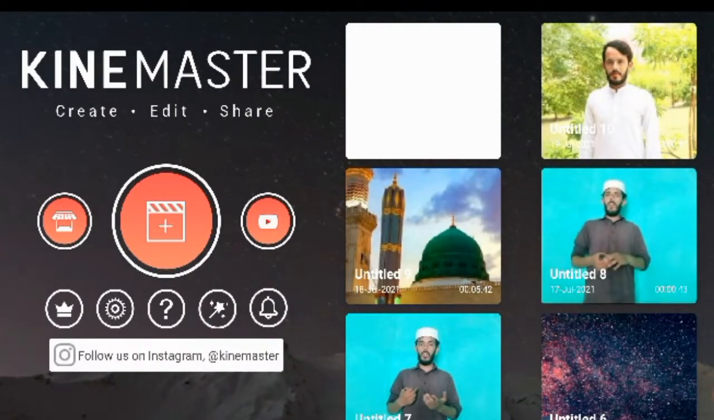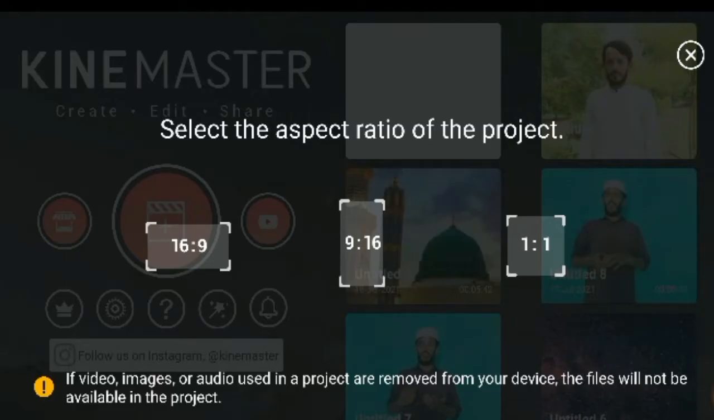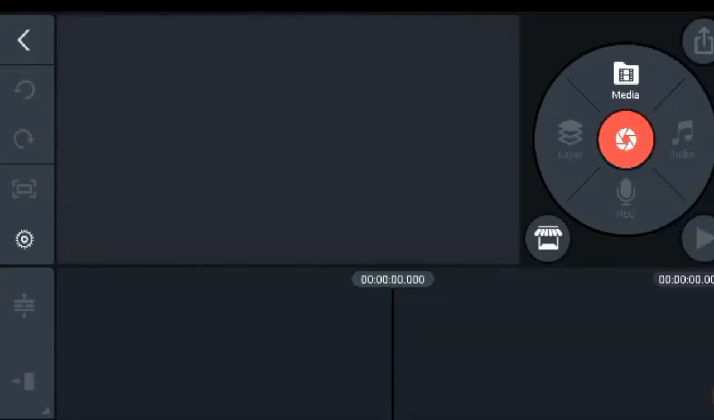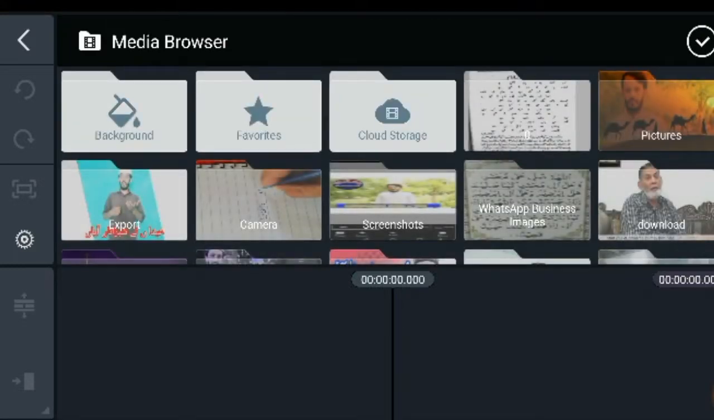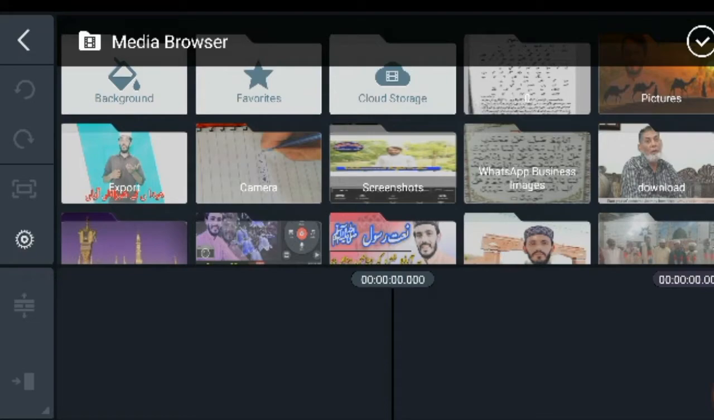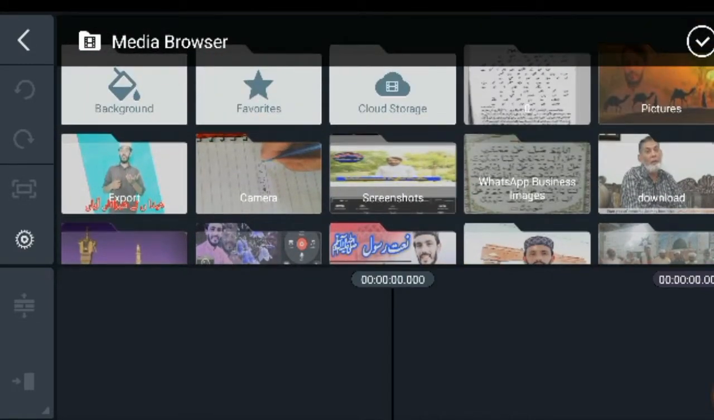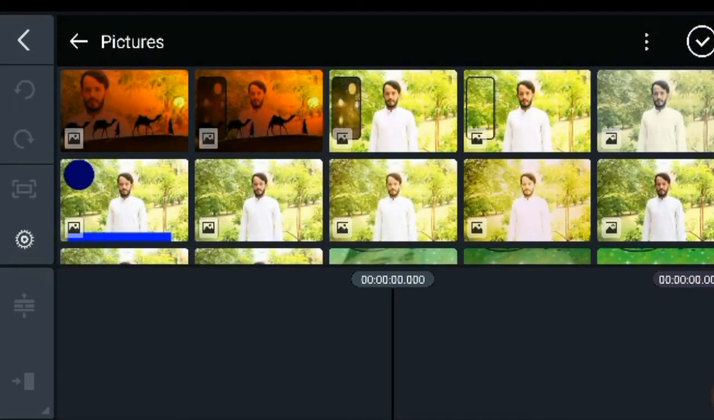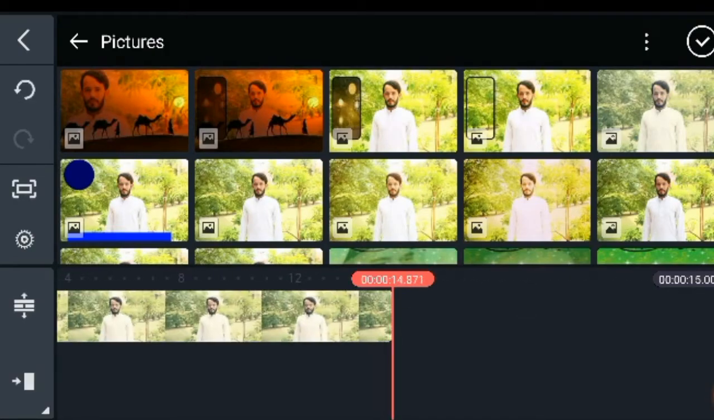Click on the plus icon, and then the interface shows in front of you. We click on 16:9, and click on media browser and any pic, choose from here. We choose a background from here, which pic I will use as my background, and click on pics. I have chosen this pic from the